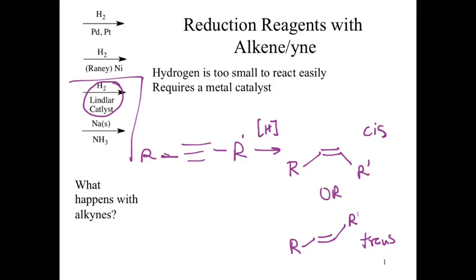If, however, we go through a slightly different mechanism to make the product, then we can potentially get a trans product. That reagent ends up being sodium metal and ammonia. When you use that reagent, we end up making a radical. That radical species, let's draw that a little bit better. Our radical, there we go,